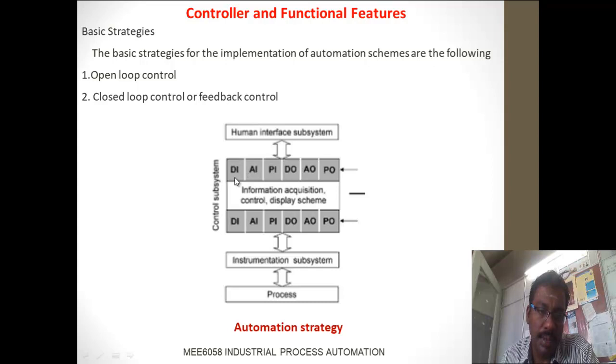We have different types of control systems. One is open loop and the other is closed loop or feedback control systems. Generally you know what open loop and closed loop are. If you're not having any feedback system, that is called an open loop control. If you're having a feedback system, that is called a closed loop control system. We are going to see the control systems, the architecture, what the types of control systems are, and what the possibilities of control system types are in the DCS,